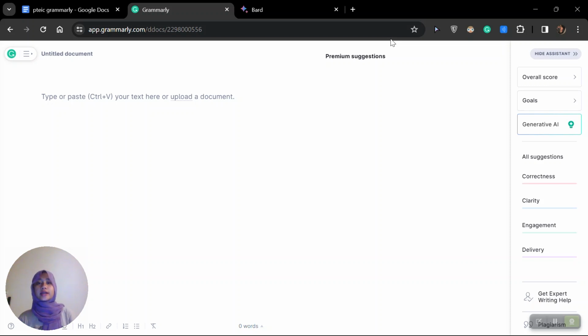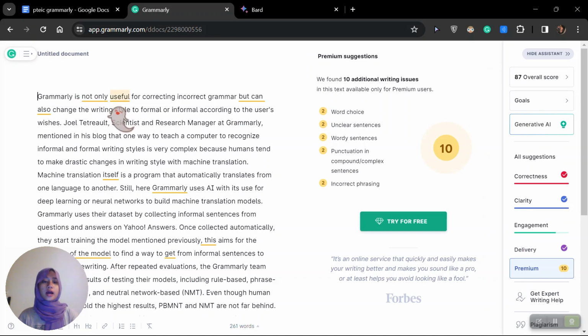In this occasion, I will do a tutorial about how to transform our writing styles in Grammarly. First, we need to put in the document or an essay. I already put the essay here, and then we have the overall score, goals, generative AI, correctness, clarity, and